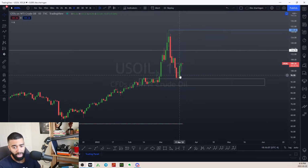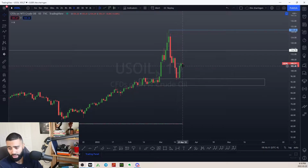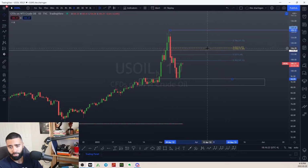We had a big bounce on March 17th, 18th, and the markets have officially opened to start. So we could be looking for a lower high at some point in this range. When I use the Fibonacci retracement here, this 116 area, I'd be looking from 110 to 116 to potentially see some sort of a lower high